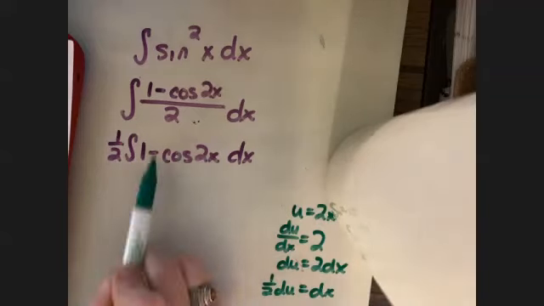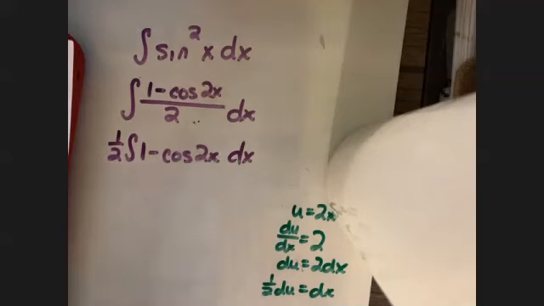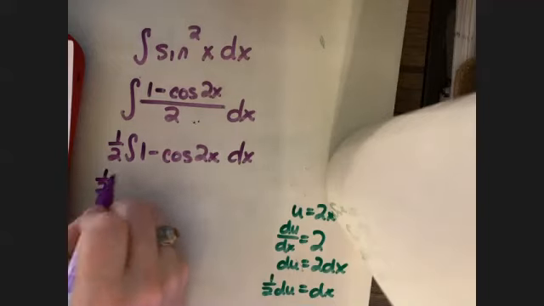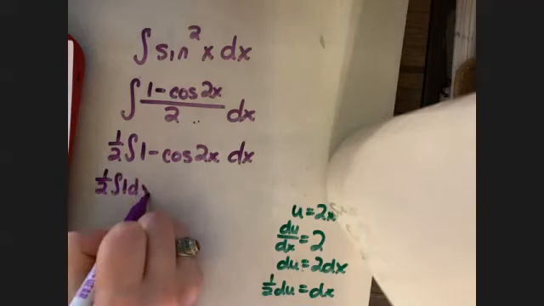But that only applies to this part. So one of the things that you will sometimes see them do when you break this up is you could look at this as